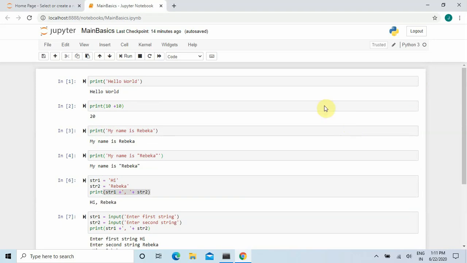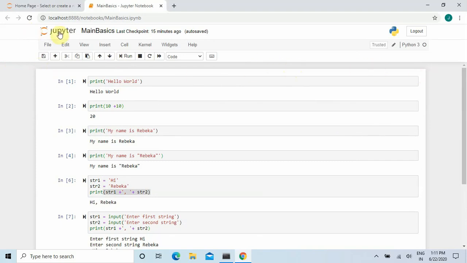So this is the basics of Python, and one thing you need to remember is that this Jupyter Notebook saves the Python file in some other format, that is .ipynb.